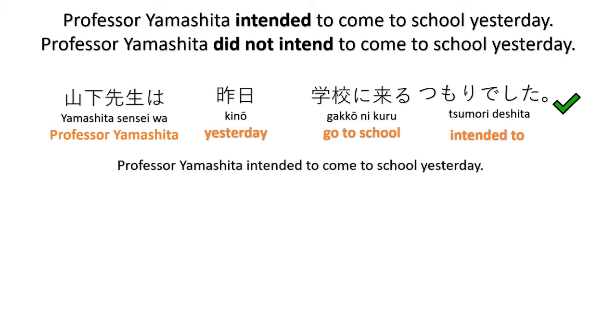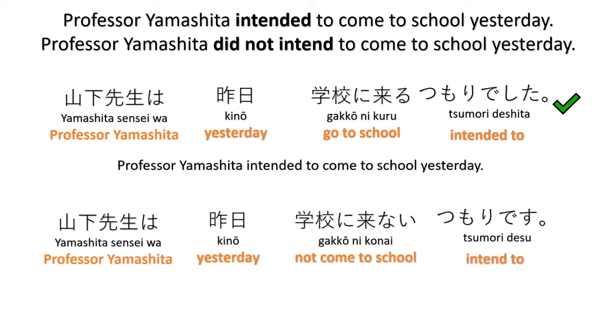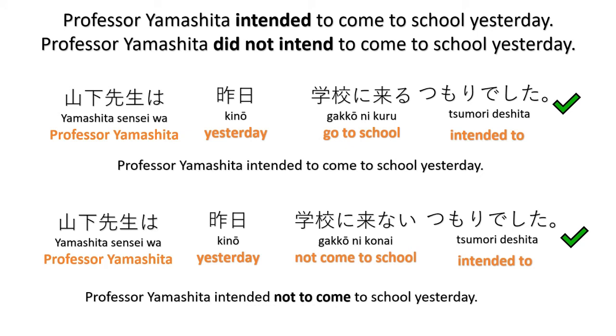Professor Yamashita intended to come to school yesterday. Another one. Yamashita sensei wa kino gakkou ni konai tsumori desu. Again, we do not use tsumori desu because the act happened yesterday. So gakkou ni konai, so this is in the negative. Again, we change tsumori desu to tsumori deshita. This is now correct. Professor Yamashita intended not to come to school yesterday, but in natural English, did not intend